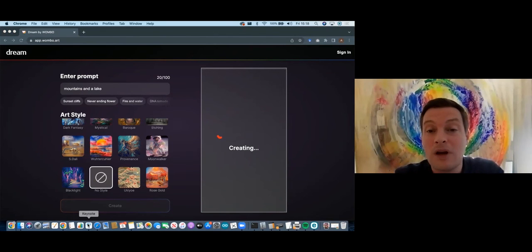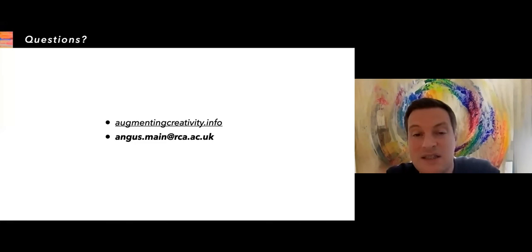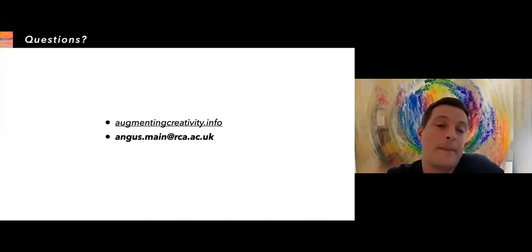Obviously, there are lots more available to you that you could look at. But I've chosen these ones because they're the simplest to run, and they should be able to run on any computer. You don't need any particular setup. You can just run them in the browser. You can even run them on a phone, tablet, something like that. So hopefully that's given you some ideas about tools that you can use,